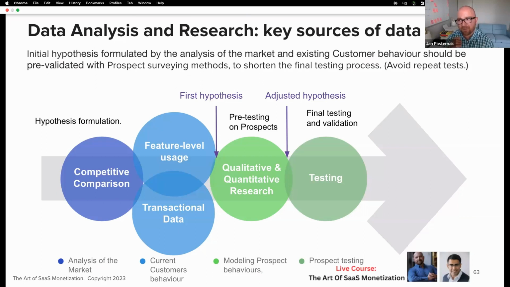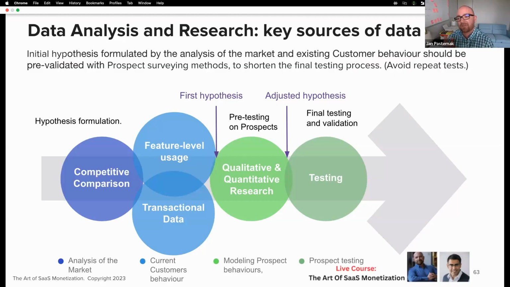One thing that I really want to highlight here is that the behavior of current customers and people who are already in the system is not necessarily representative of the behavior of prospects who are not yet familiar with the product. When people buy certain things because they have the perception that they're going to use it, they don't always end up using it, and the other way around too. So it's important to understand that the data that we have on customers is not the same as the data